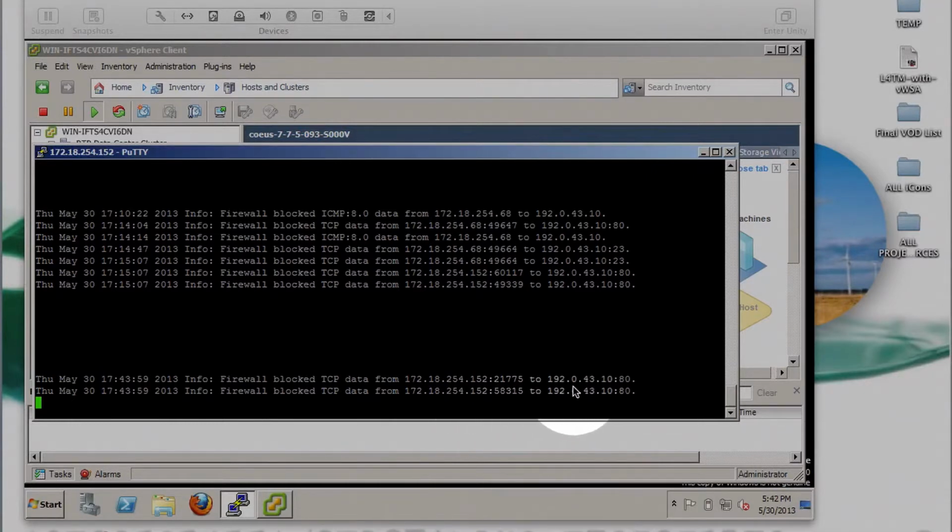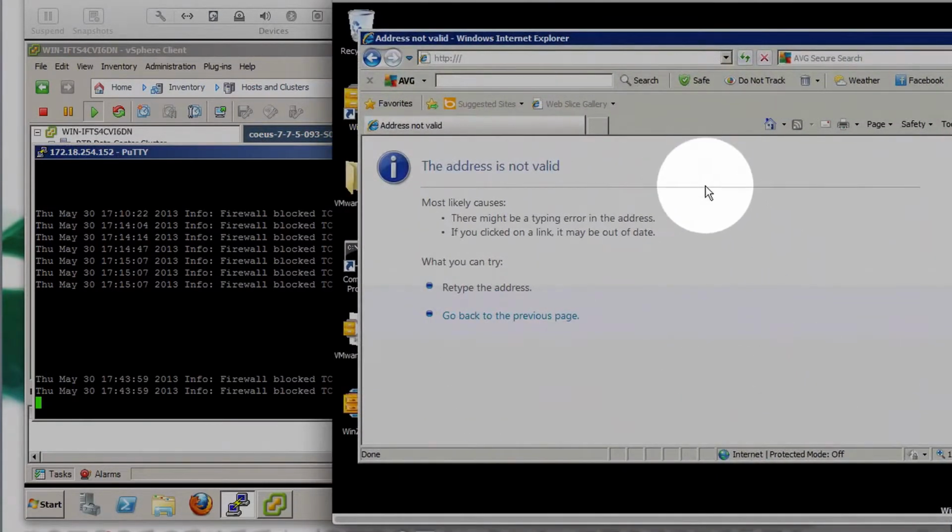And then here is the port 80. So this is port 80 traffic. And again, this is TCP data, as we see, and port 80. What we also can do, a couple of tests, is,